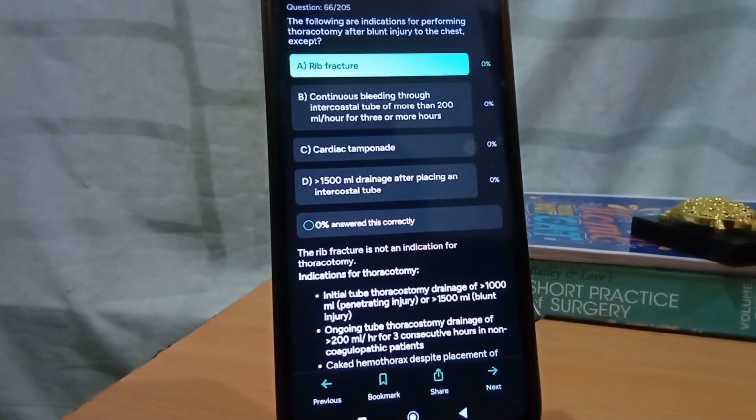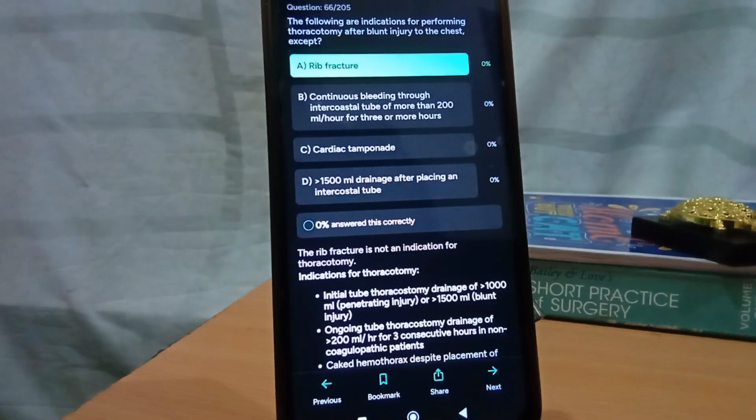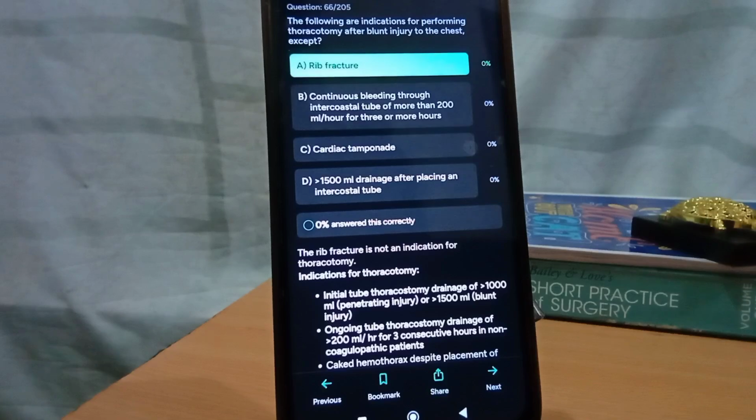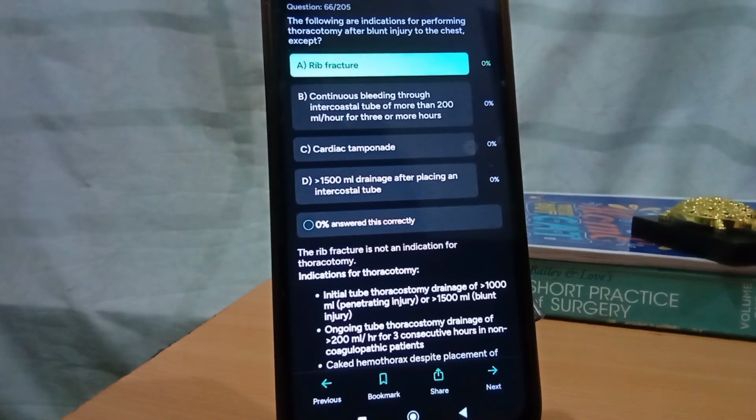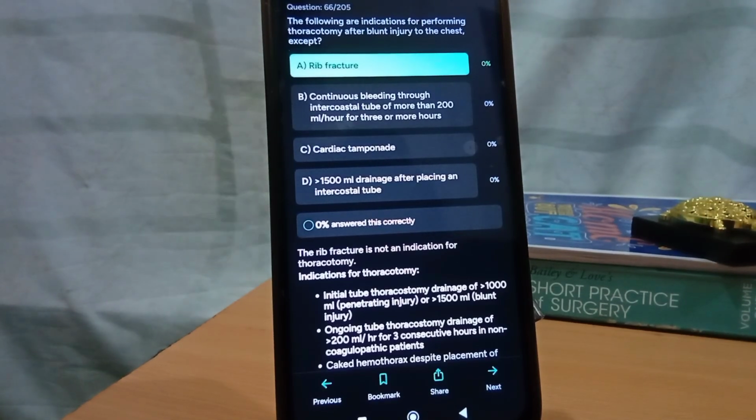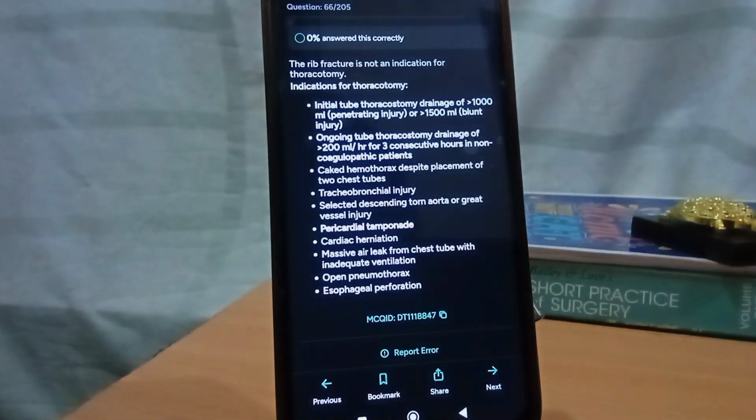Indications for thoracotomy are initial tube thoracostomy drainage of more than 1000 ml for penetrating injury and more than 1500 ml for blunt injury. Ongoing tube thoracostomy drainage of more than 200 ml per hour for 3 consecutive hours in a non-coagulopathic patient. Then, persistent hemothorax despite placement of 2 chest tubes. Then tracheobronchial injury, selected descending torn aorta or great vessel injury, pericardial tamponade, cardiac